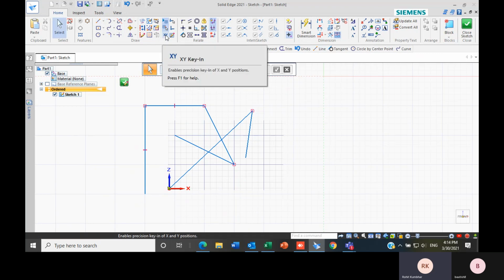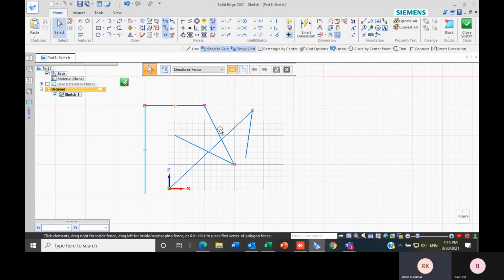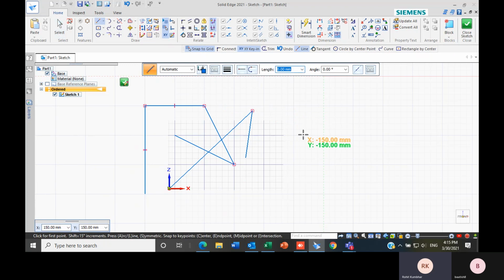Our next option is XY key. In the XY key, I can input the XY coordinates. Let's say I keep it 150 X and 150 Y, and then simply click on line.